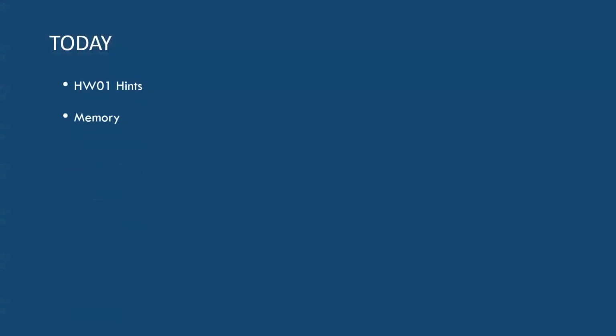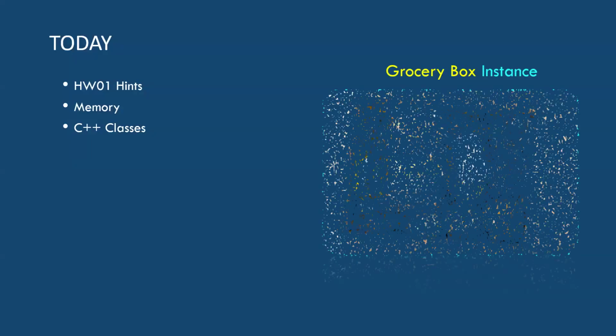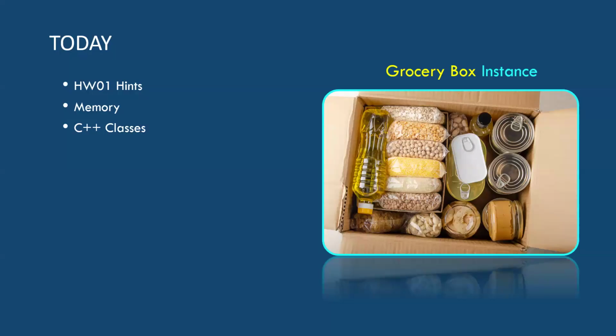For today, we'll go over a few hints and remind ourselves how memory works, and dive into our classes. The idea with an instance, I always think of it this way. It's a box with stuff inside, and the stuff is either going to be a data member, or a pointer, or an actual array of something. It might be another instance of a thing, right? We don't really know all the stuff that's inside the box. We tend to refer to that as encapsulation when we code in an object-oriented way.